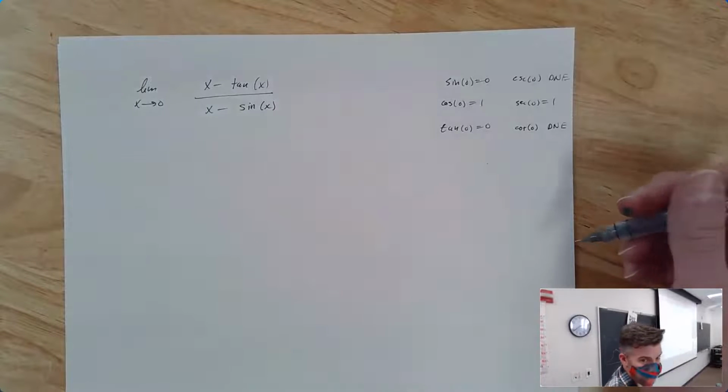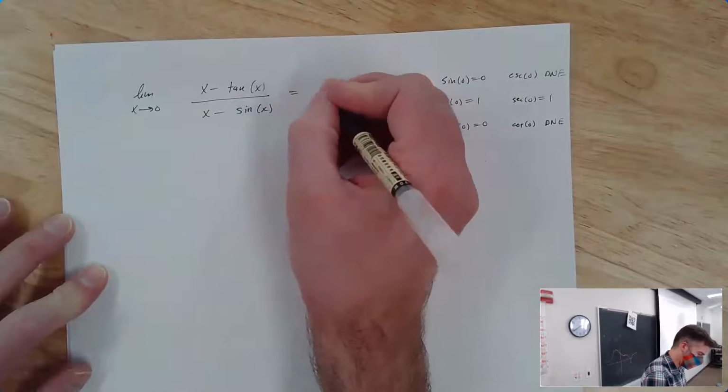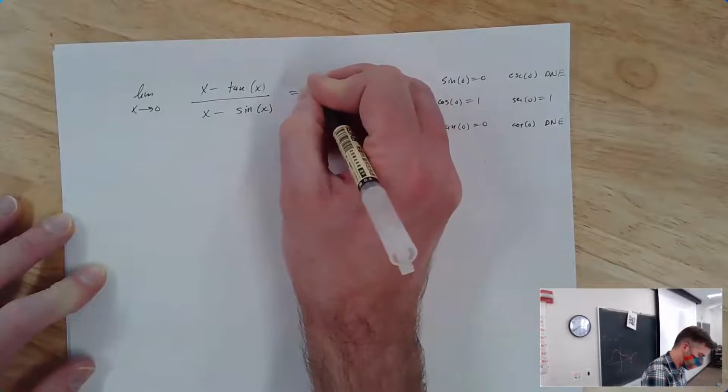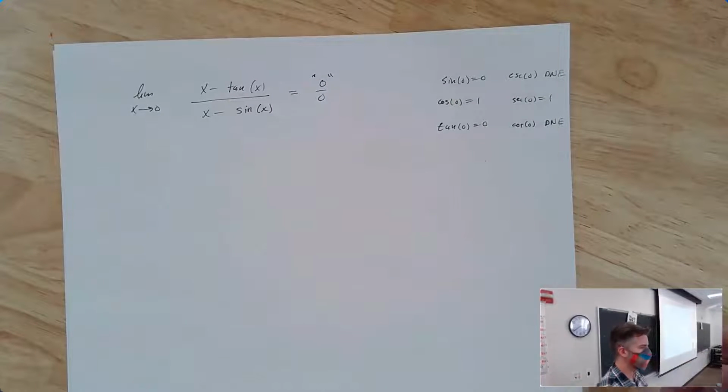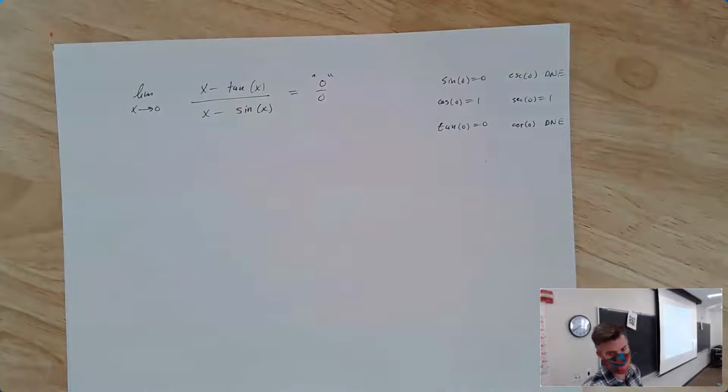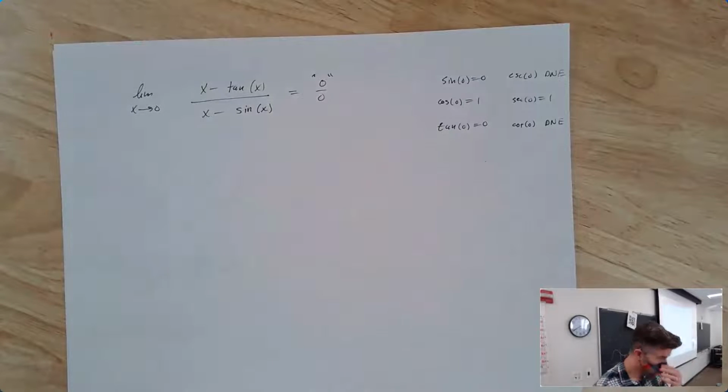So if I plug in 0, I get 0 minus 0 over 0 minus 0, which is 0 over 0. So we obviously need to use L'Hopital. But I know I said this probably like 5 times already. I cannot stress enough, it's really important that you at least mentally ask yourself, can I actually use L'Hopital's rule before I go ahead and use it?